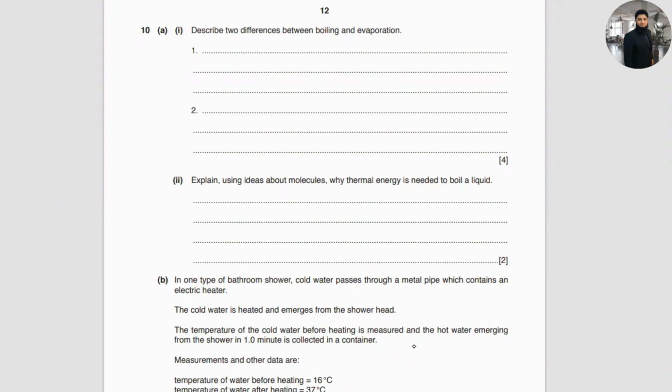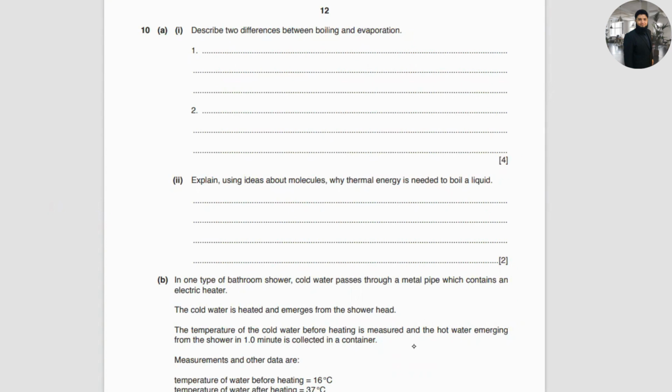First consider boiling. What is boiling? Boiling occurs at a specific temperature. We all know that the boiling point of water is 100 degrees. So it's a specific one. So when the water reaches this temperature, it boils. So always remember this: boiling occurs at a specific temperature, whereas evaporation occurs at any temperature. पहले point में आपने ये लिखना है: boiling occurs at a specific temperature, whereas evaporation occurs at any